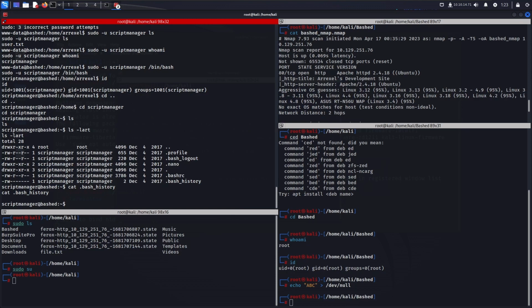So I want to find any files on the system that are owned by script manager, because if I can find files owned by script manager, there's a good probability that I can edit or manipulate those files because I am the script manager user, and that might give me an avenue to privilege escalate or pivot even further. To do that, you would do